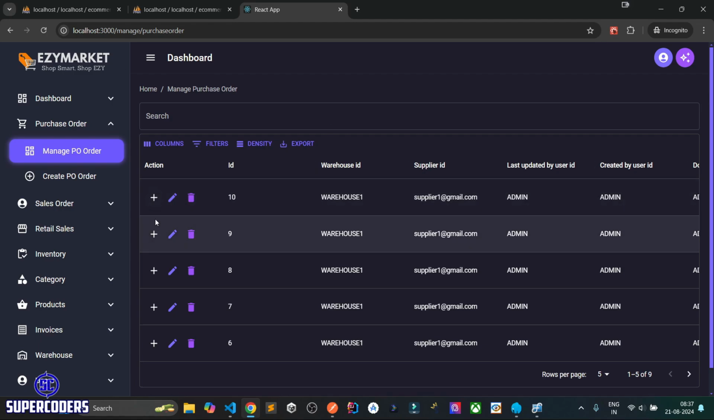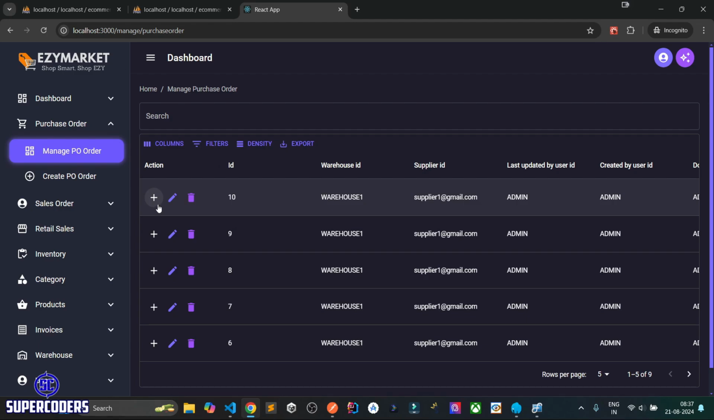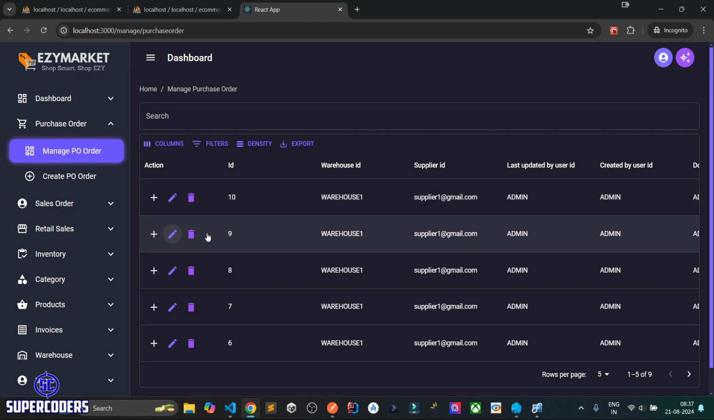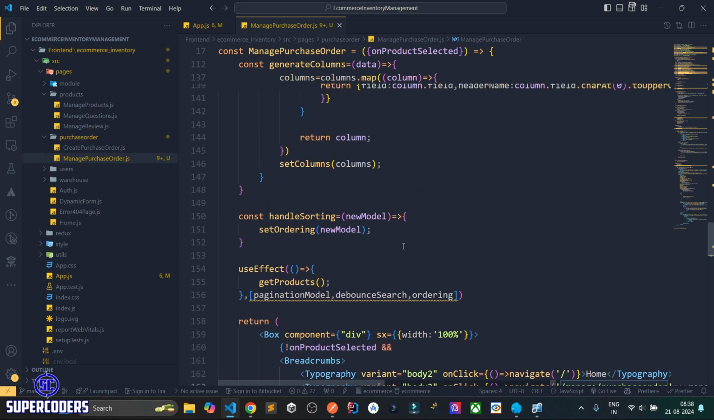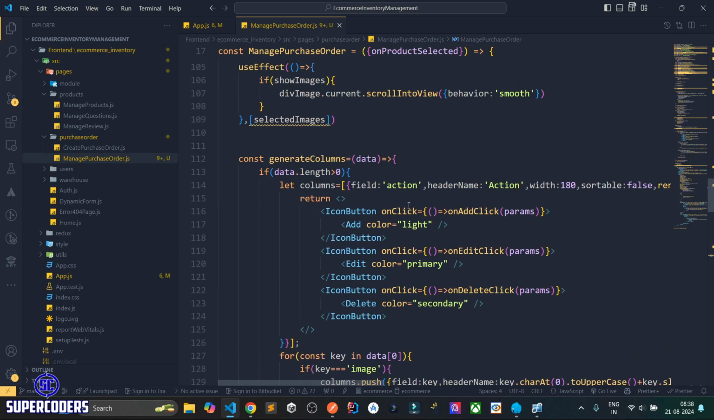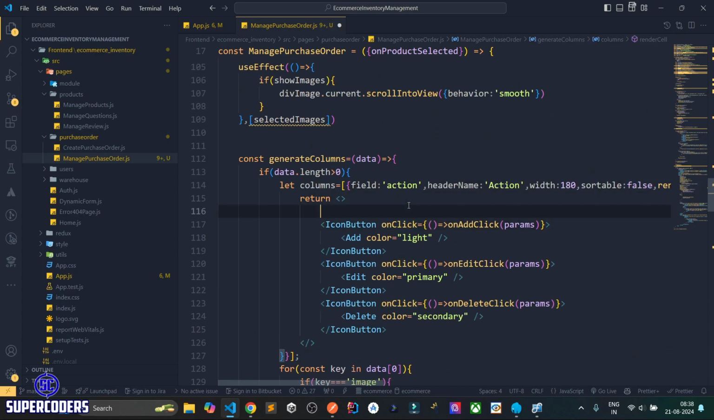After that, we need to remove this add button, and instead of edit, we need to use two buttons. Edit is only showing for draft, and view button is showing only for the PO details. Right now we need to work on the PO details. We will work on the PO details on the next tutorial. But right now we just work on the PO edit, which is on draft state. So for that, what I can do here, adding